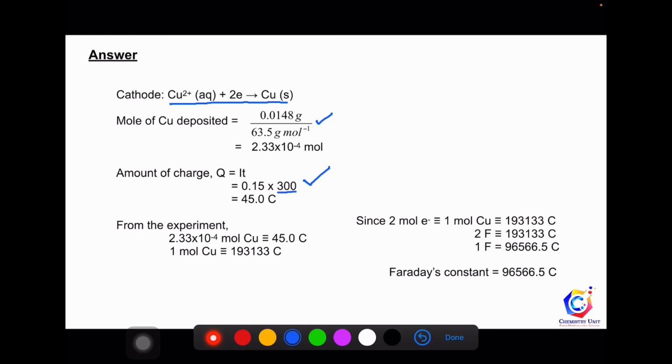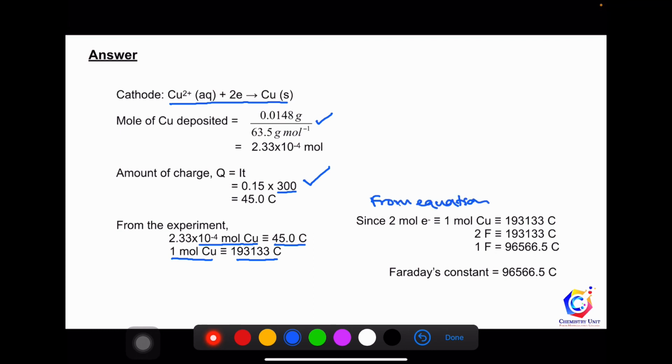Now, from the experiment, we can see that 2.33 times 10 to the power of negative 4 mole copper is produced by 45 coulomb. Therefore, in order to produce 1 mole of copper, we require 193133 coulomb. Next, from the half equation,